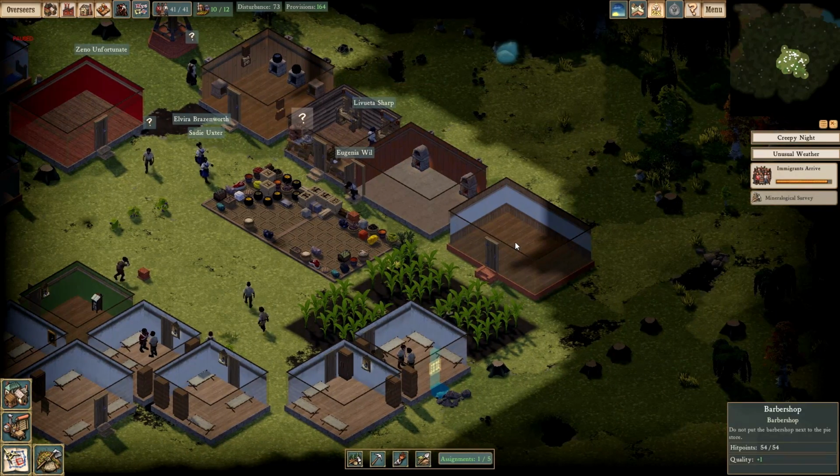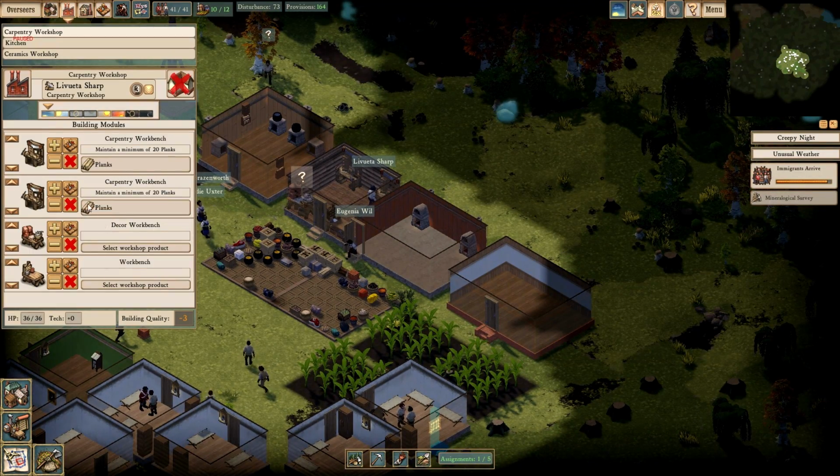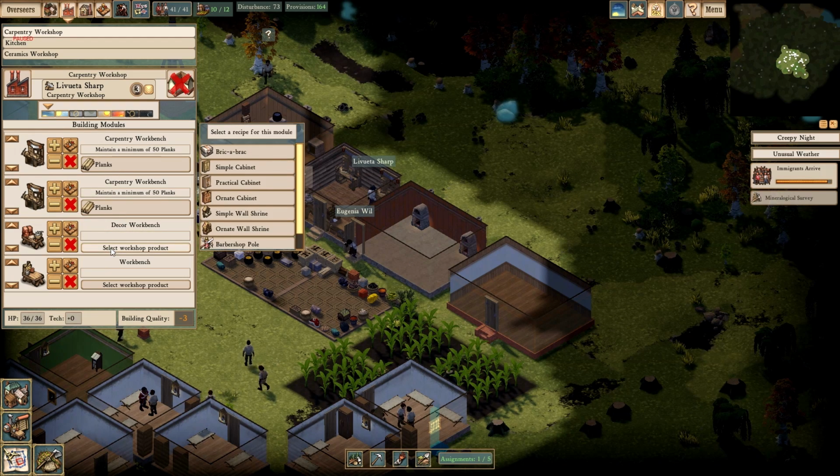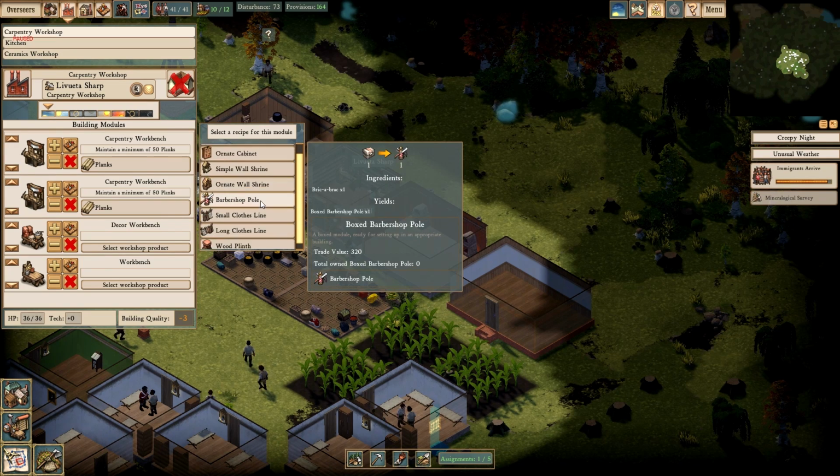I've gone ahead and built myself a barber shop over on this side, which was completed in between episodes, as I recall. It's a good place to be. I think I'll actually increase this to maintain 50 planks, so that when I need to do stuff, I can do stuff. The next thing that I would probably do...